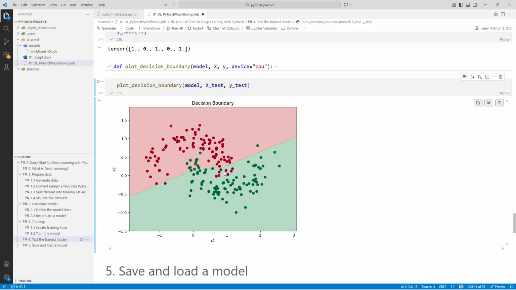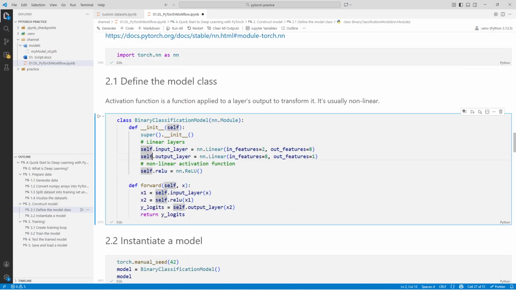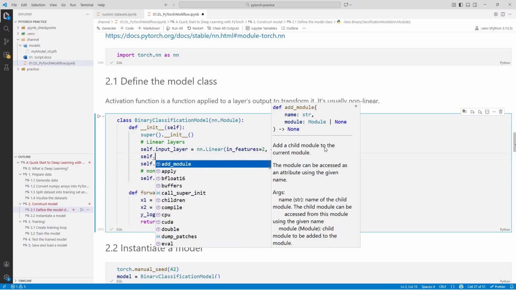But besides that, are there any other ways to improve it? Yes, of course. We can adjust the structure of our model. Let's go back to define the model class, and we can add an extra layer. Let's call it the hidden layer.